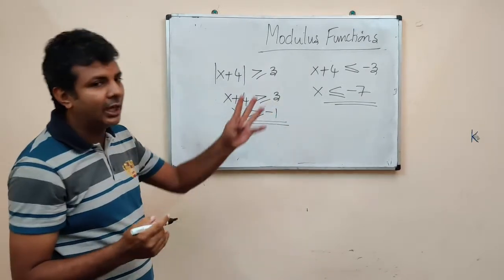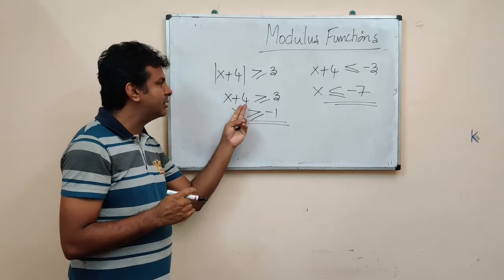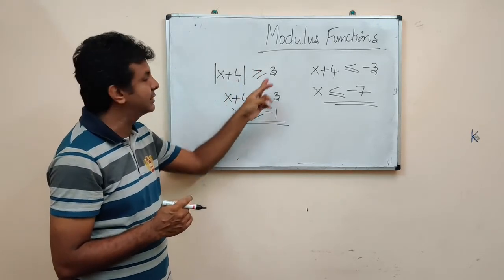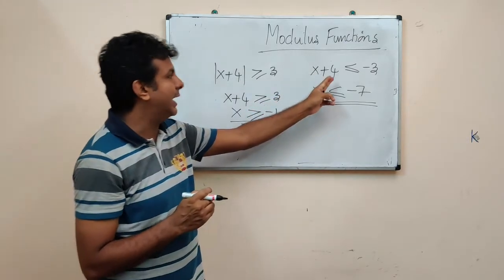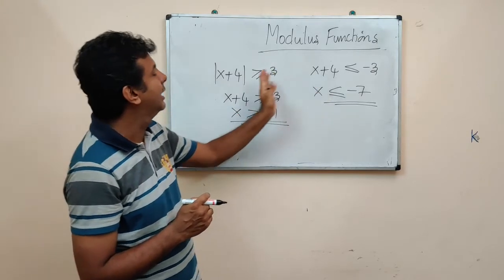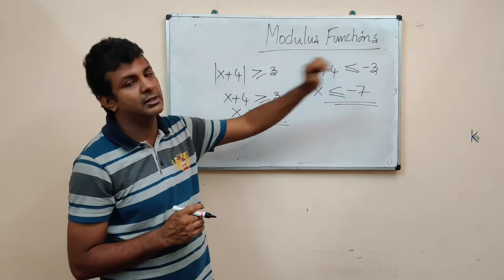Now you understand how this mod function behaves. In the positive case, it gives you the same sign as the value on the right side of the inequality. Whereas, if you were to take it as a negative, you will take the left value to be the same and change the sign on the right.